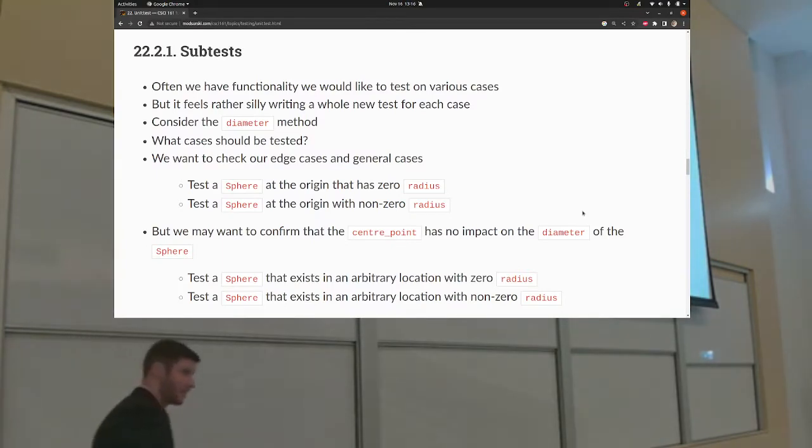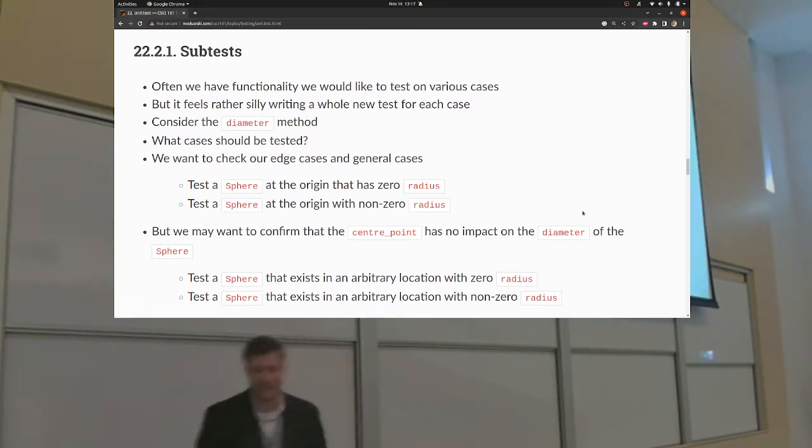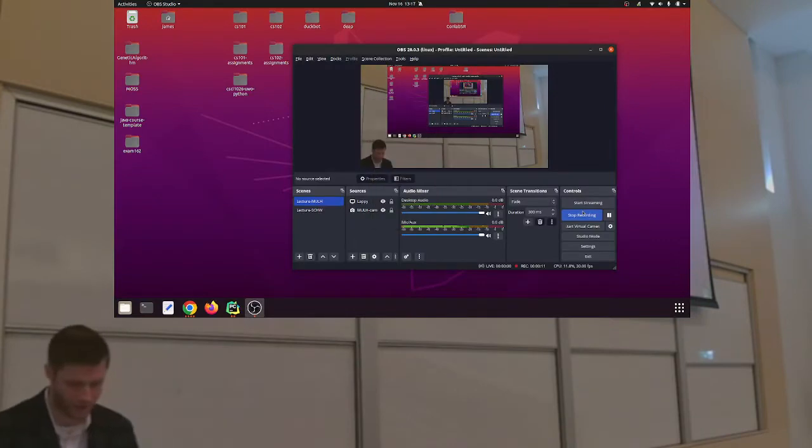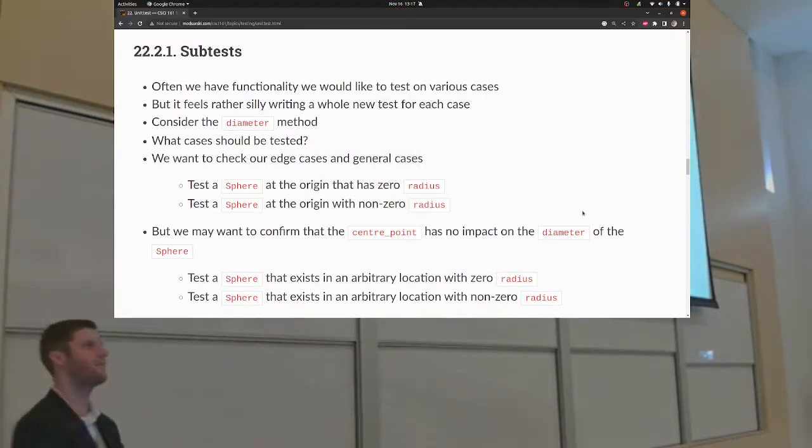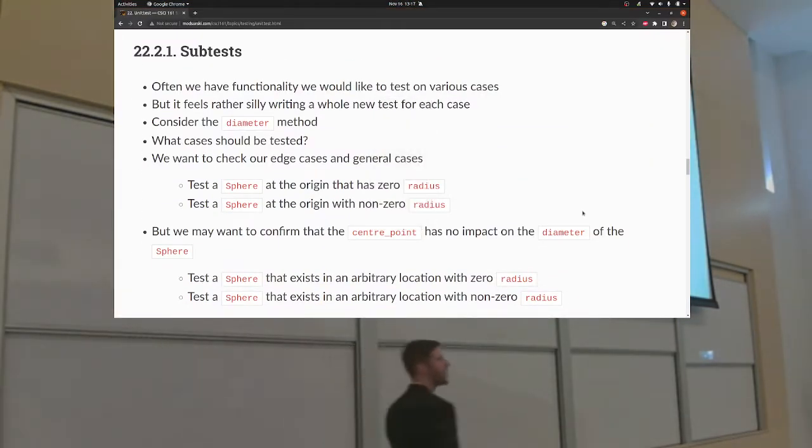So, the subtests. With unit tests, each function is intended to test some specific functionality. One unit of functionality, I guess maybe you would say. But it's to test some very specific functionality. And we learn that we don't want the unit test to start testing a bunch of various things, because then it becomes a little hard to distill if a test crashes and that test had like 20 asserts. Well, which one failed? Because all it will say is,